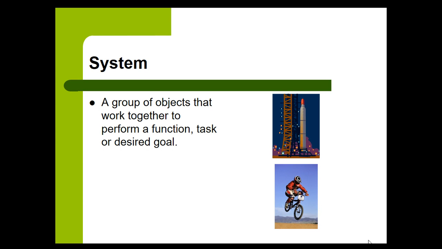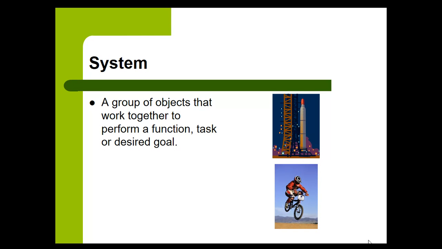You have a worksheet that was in Google Classroom that goes along with this video. Please start by reading the short paragraph about systems and then defining system in your own words. When you get done doing that, there's a system underlined with red below there where it instructs you to copy down this definition. Now, the definition for system is a group of objects that work together to perform a function,